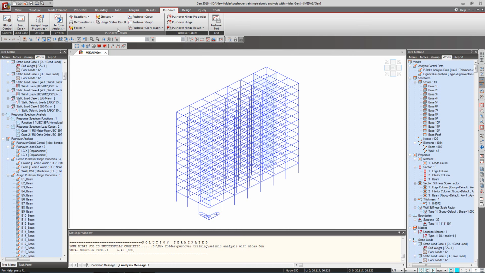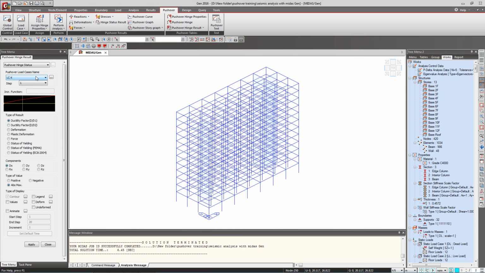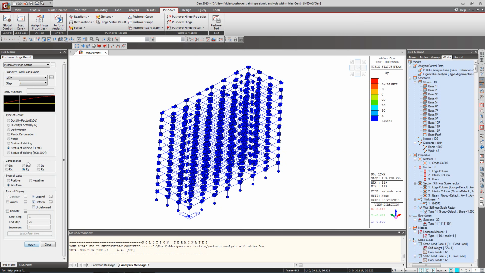To check the results for pushover, let's check the sequential hinge formation first. Hinge status results under load case X. I'll check the status of yielding under FEMA hinge. I'll check the rotational hinges, because those are the hinges that have been defined for the beams, columns as well as the shear walls. I'll check on legends, deform shape, apply. So as you can see, at the very first step everything is elastic, and as we progress,